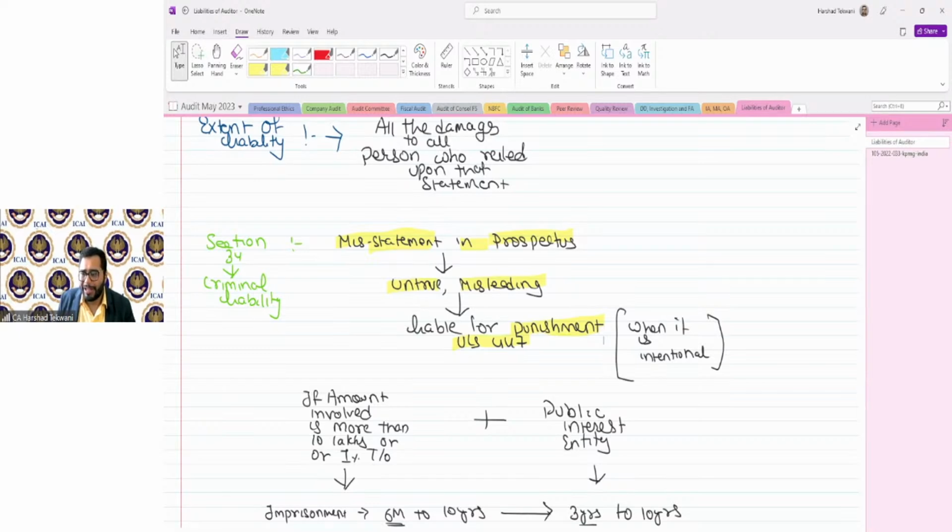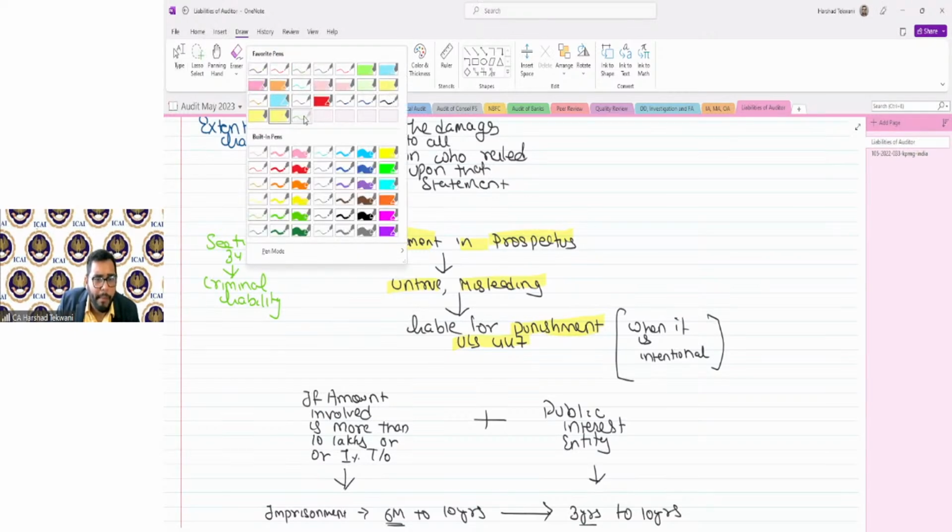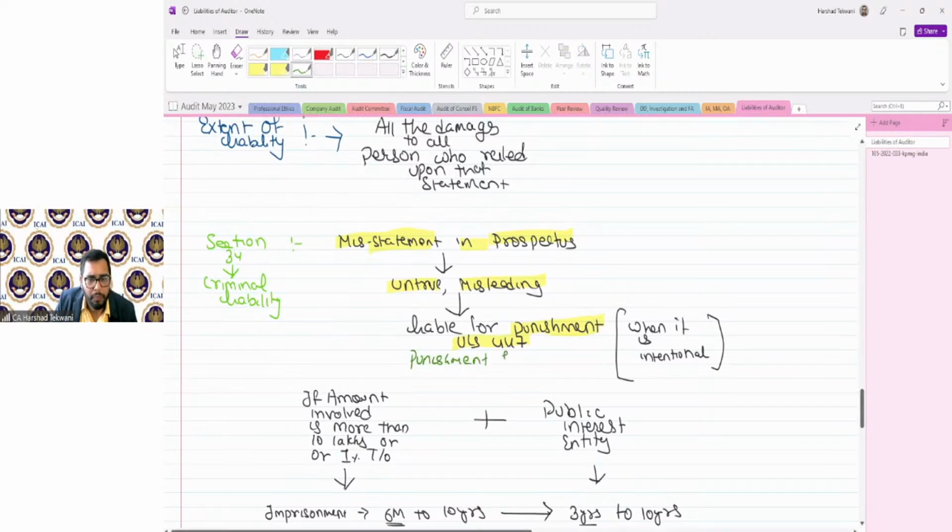Okay. Now let's talk about the punishment of 447. What is 447? Section 447 talks about punishment for fraud. Now, what that section says is that any person, where the question of fraud is involved under this provision of this particular section,